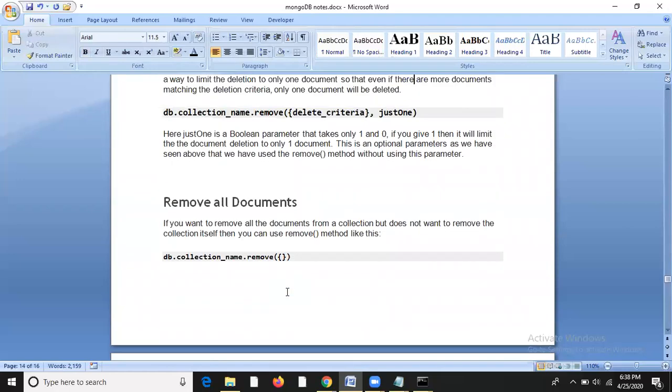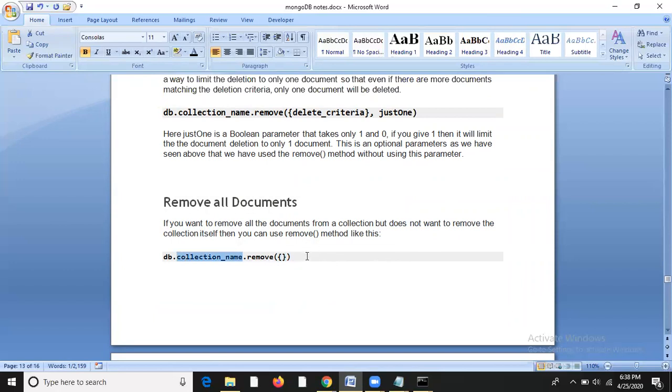Now we are going to learn how to remove all the documents. If you want to remove all the documents from a collection but you don't want to remove the collection itself, then you can use the remove method like this: db.collectionName.remove and then pass empty curly brackets. By writing this query, you will delete all the documents in the collection.